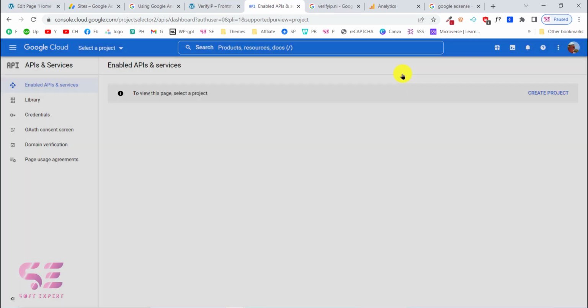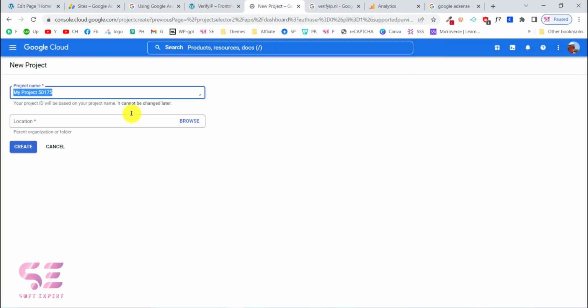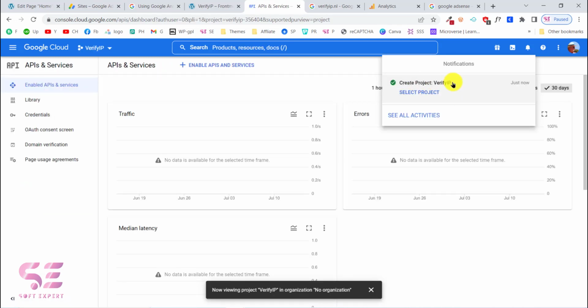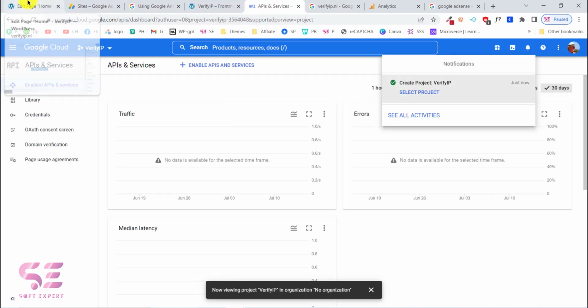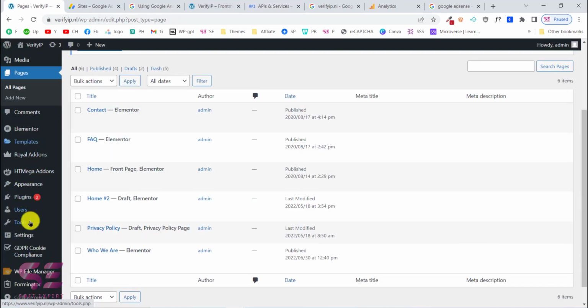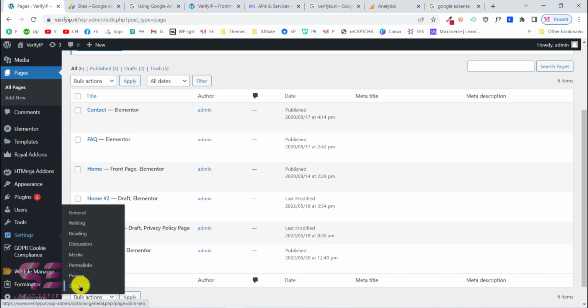So we will create a new project. The project name will be Verify IP, just the website name. We'll create this, and our project has been created now. And if I go back to the WordPress dashboard, under settings we will find Slim SEO due to that plugin. Click on that,